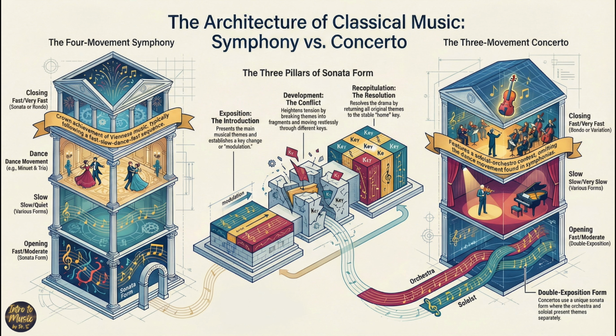Okay, so the symphony is this big collective story. Yeah. But the other big genre that explodes is the concerto. Right, and if the symphony is a novel, the concerto is more like a debate. Or maybe a duel. A duel between the soloist and the orchestra. Exactly. It's this dynamic balance between the individual's virtuosity and the collective's power. And the structure is different too, right? The notes mention something called double exposition. Yeah, so in a concerto, the orchestra usually speaks first. They lay out the main ideas, they set the scene. Okay. And only then does the soloist enter,